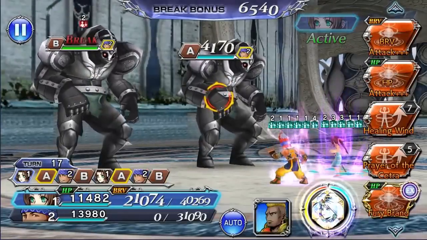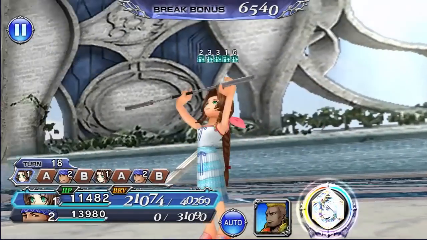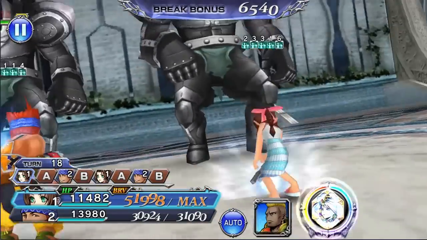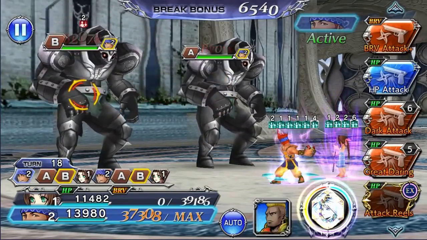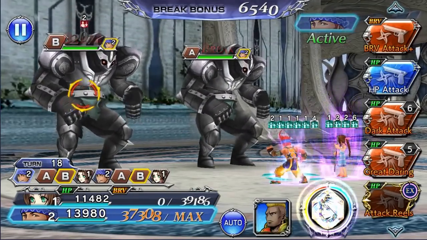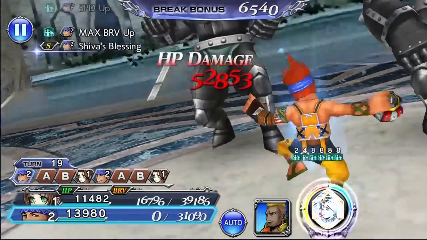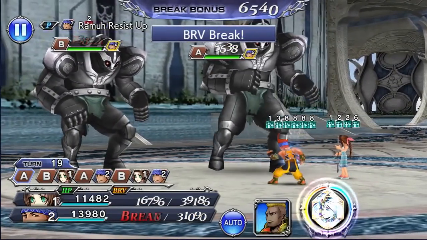Her EX ability, Fury Brand, batteries the party based on 200% attack and grants the unique buff to herself called Ancient Lineage for 3 turns, which grants the party 50% attack up, and overflow limit is increased by 20%. This also grants her Brave++, which is a 2 Brave hit that batteries the party by 120% Eye Brave, and her HP++ that Brave gains by 20% of her max Brave, followed by a 2 Brave hit HP attack with